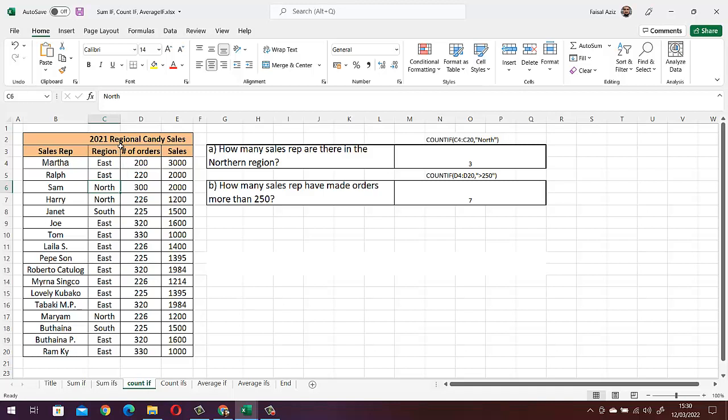We have 2021 regional candy sales related data which mentions sales representatives, region, number of orders and sales. So we need to count the sales representatives who are in the northern region. So how many sales representatives are there in the northern region? We can simply apply a formula,